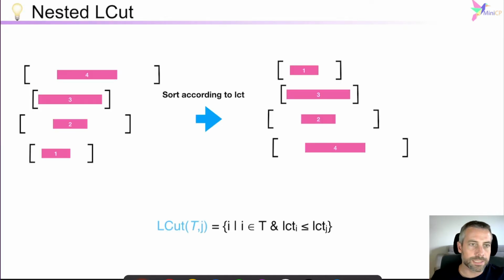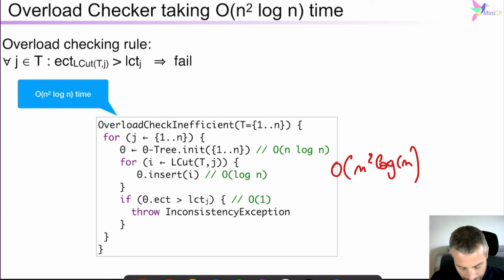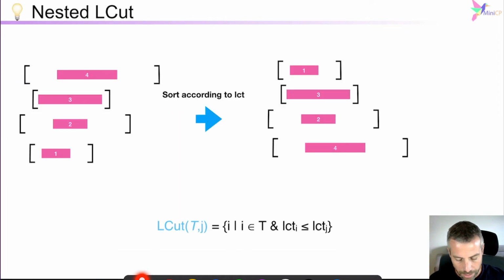We can improve this time complexity because so far we didn't take any advantage of the fact that we have an incremental insertion, right? Except that we pay log n for each insertion, but we could do much better by iterating in a smart way over these activities instead of this arbitrary 1 to n order, right? The thing is, what we can see here is that if we sort the activities according to the latest completion time,